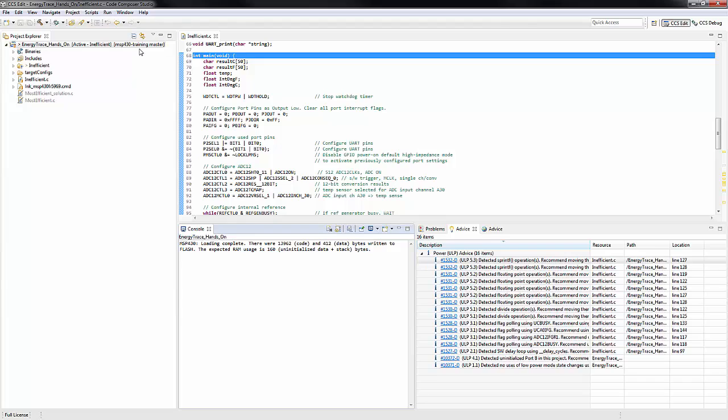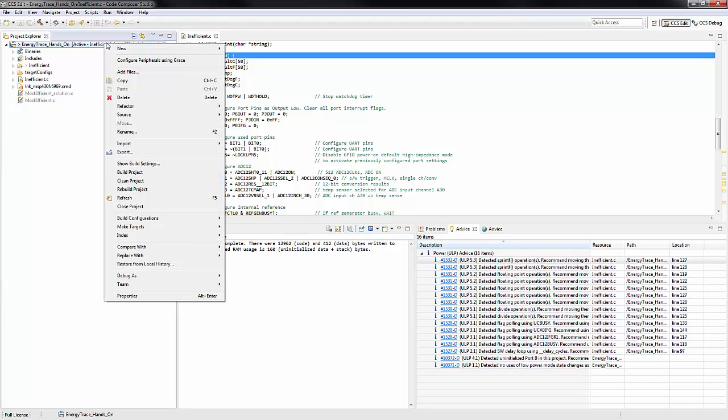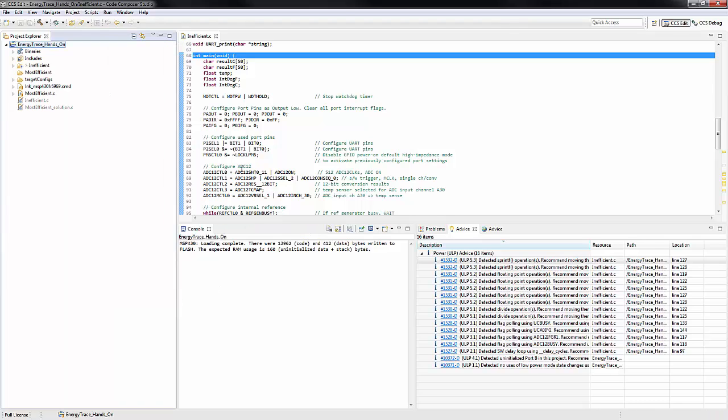Next thing I want you guys to do is switch to the most efficient build configuration now. So if you go right click on the project, go to build configuration, set active, and click on most efficient. So what this project does is that we have successfully gone through every single UOP advice and improved the project for you,